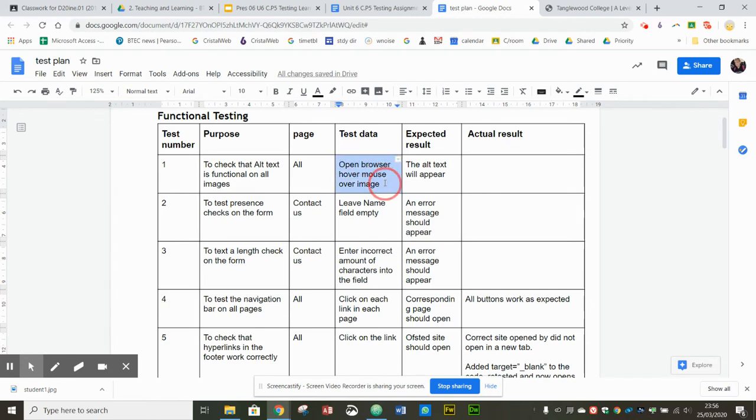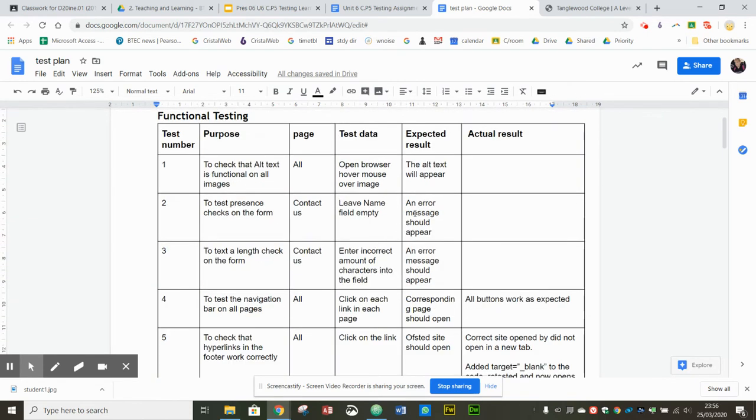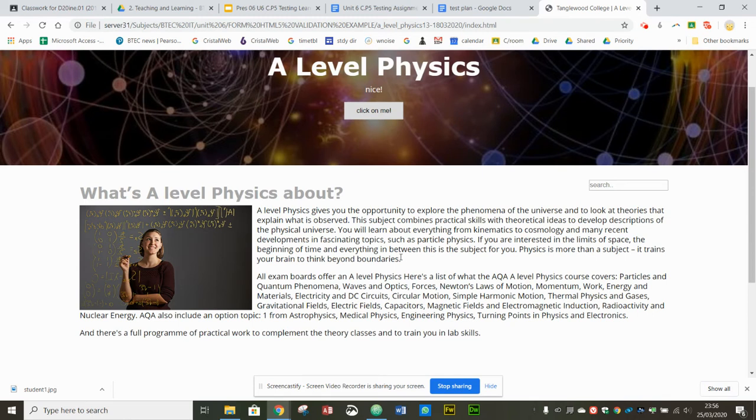So for me, my test data is I'm going to open the browser, hover the mouse over the image, and I expect that the alt text will appear. And then I fill in the actual data, and then I put a screenshot underneath. So I'm going to do that right now. So for my first test, I'm going to open my web page, and the test is to hover my mouse over the image to see if alt text works,